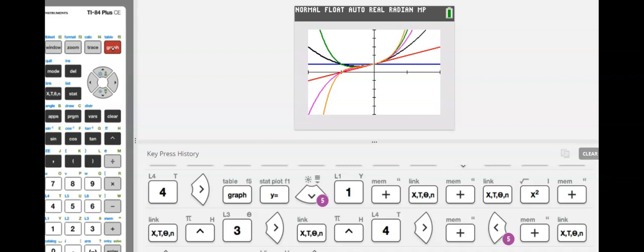So what I want you to ask yourselves as we're looking at this, one of the questions was in between a negative 1 and 1. So you have to visually look between the x value of a negative 1 and the x value of a positive 1. The question is asking you what's happening in between there. So if we go back to our document,